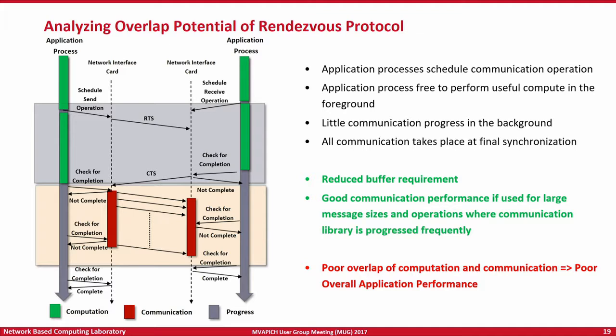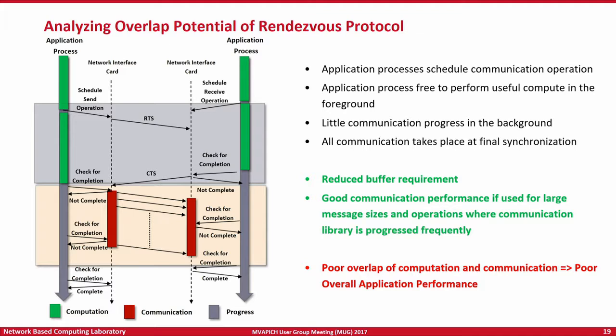Yes? Based on the message size, we are choosing whether it's eager or rendezvous, correct? So instead, if you go the other way, based on the eager threshold, can we chunk the messages so that they can be sent using the eager protocol? Yes. So the question is, instead of sending out a message in one shot, can it be chunked out into sizes of the eager threshold and sent out? Yes, you can do that.